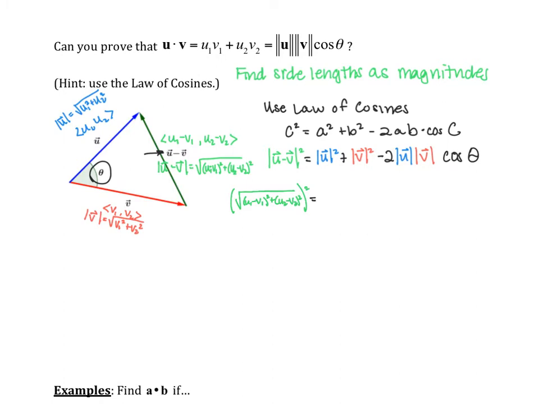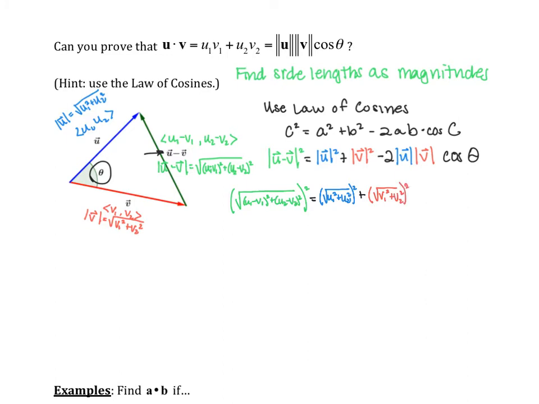That's going to equal the magnitude of u squared. So the magnitude of u squared is the square root of u1 squared plus u2 squared, plus the magnitude of vector v, we've got the square root of v1 squared plus v2 squared,